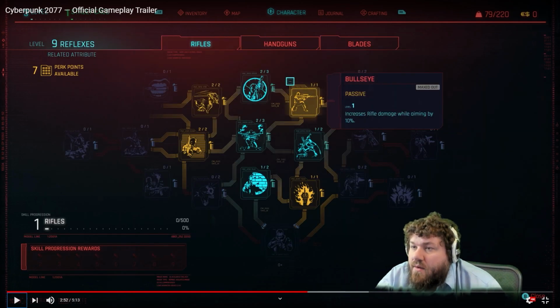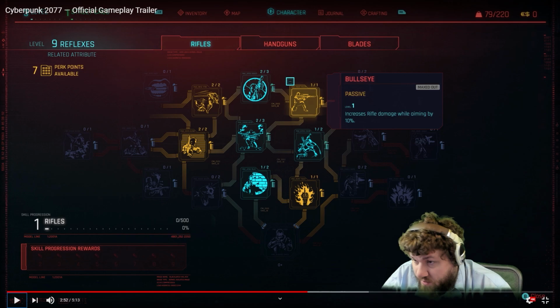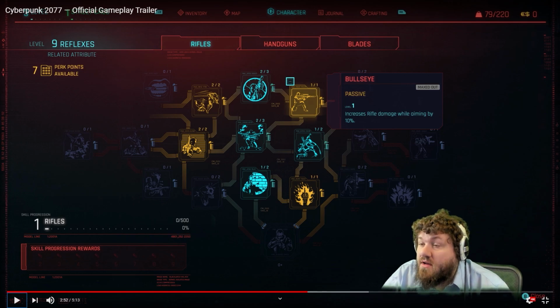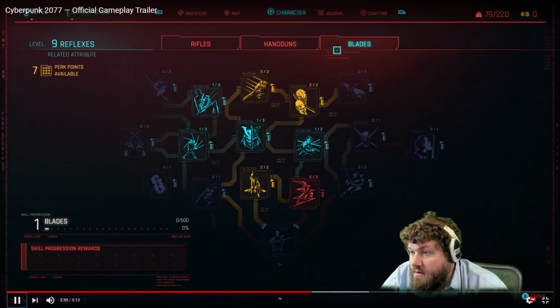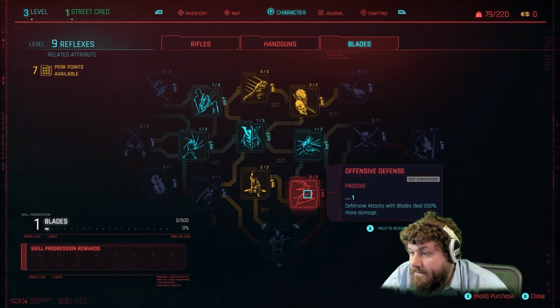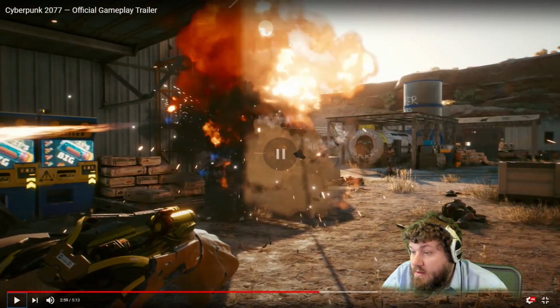Now we're in here to rifles and stuff. We're looking at increase rifle damage while aiming, but it's all just very, very basic RPG stuff, which I don't mean in an offensive way at all. It's important to have these talent trees. It's just part of the genre, and everyone loves them, and I still do. You gain the experience you need to upgrade abilities and acquire perks. Combine skills and gear to create a